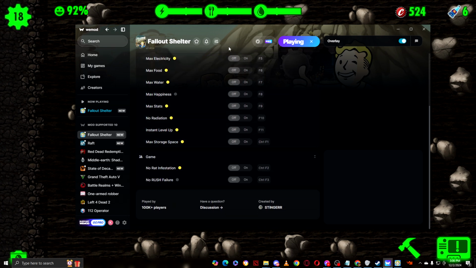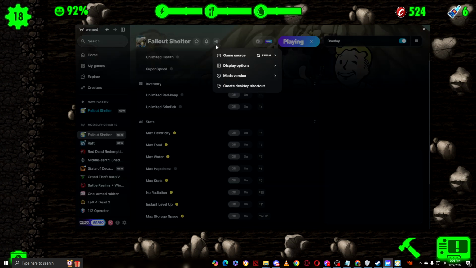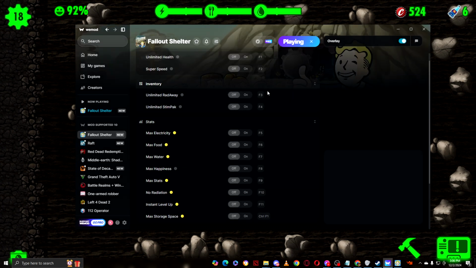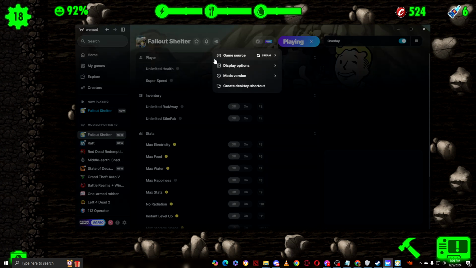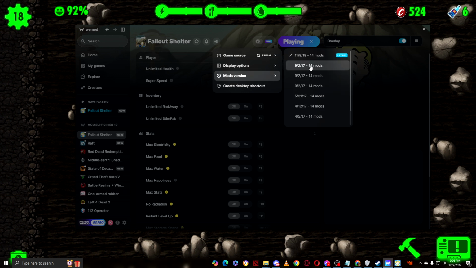And another thing on mods in WeMod, you can click on mod settings. When you click on mod settings, you can change the game source right here, but only if you have the Xbox version. You will be able to change the source into Xbox, and it will have different options for you in your mods. And you can also choose the mod versions. For example, you have Fallout Shelter, but an earlier version of it,